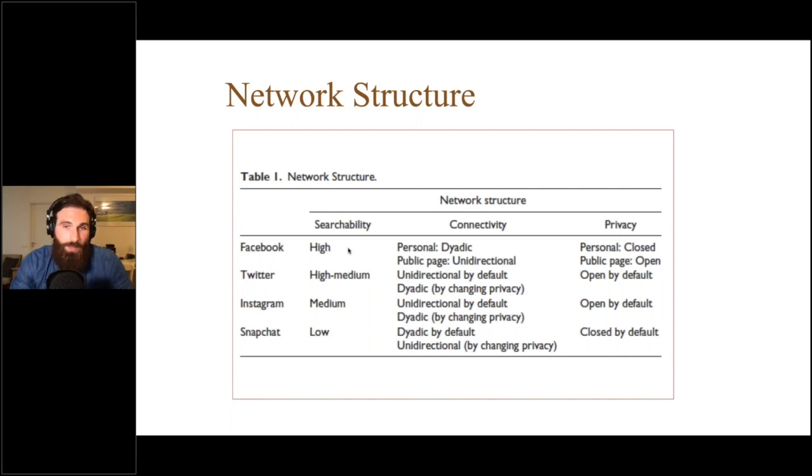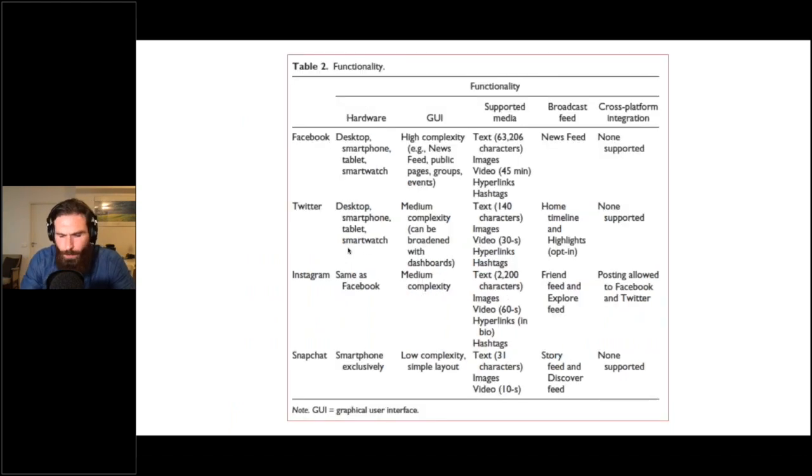And then we also have the privacy settings, right? What you are allowed to do in terms of being searched clearly affects who can connect with you and how they can. So this is just one example of the networks, how different design features across platforms might have implications for political communication. The second, and this is definitely the broadest category, is the functionality.